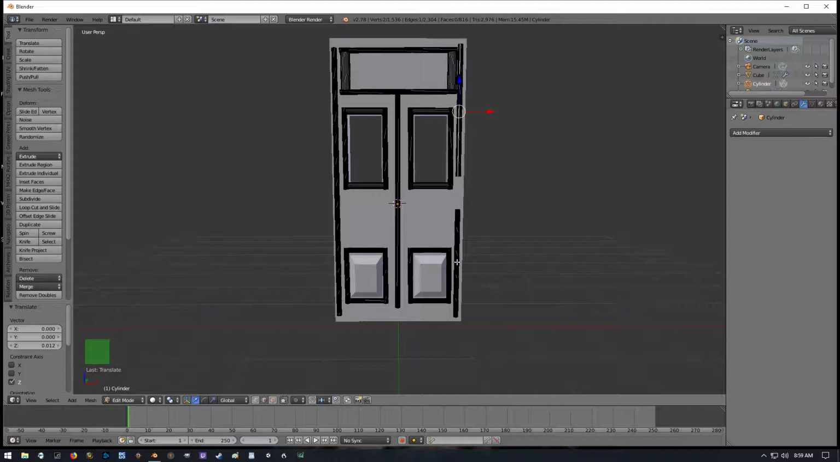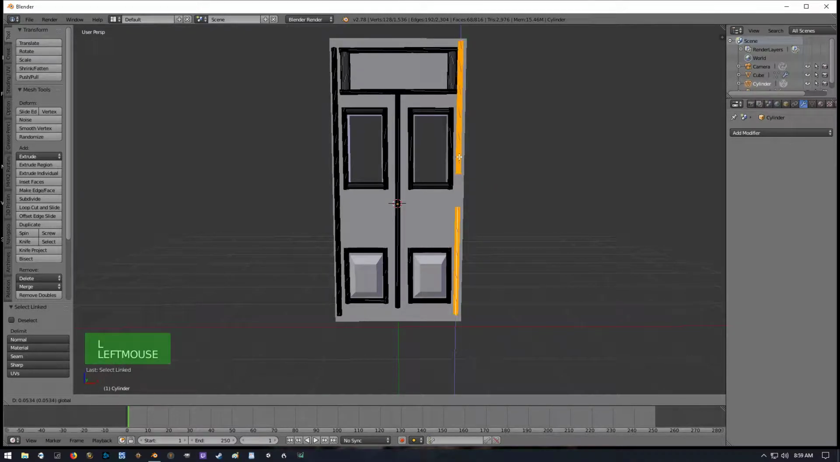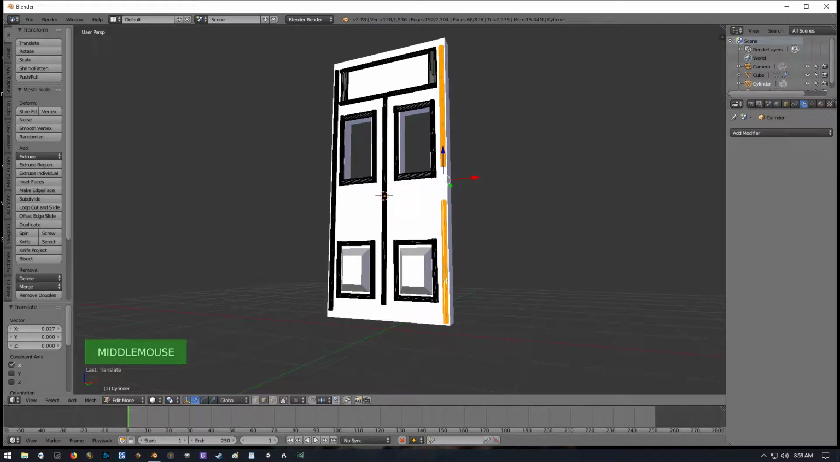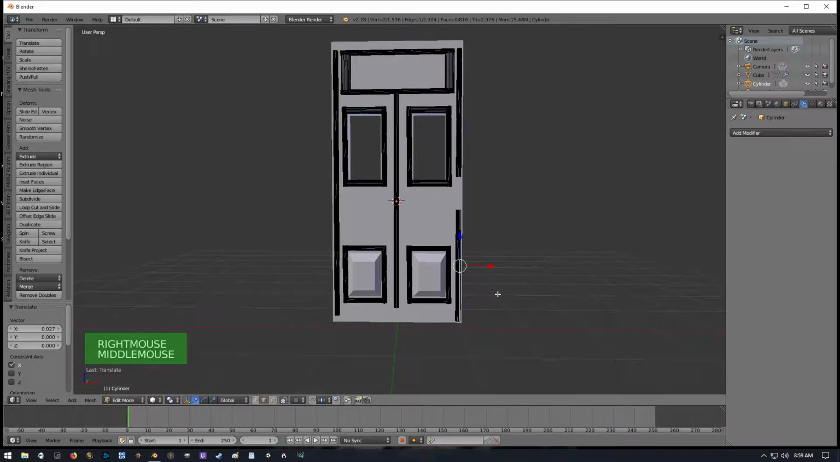And I'll go ahead and hit this one as well. Hit L. And hit L on this one as well. And bring it up. I want it to match up with that. Bring it over. There we go. This one right here, let's hit L. It's kind of